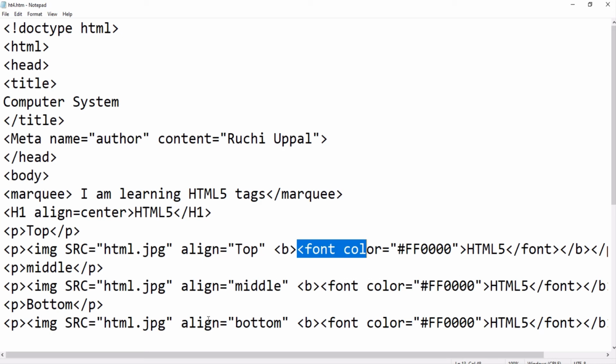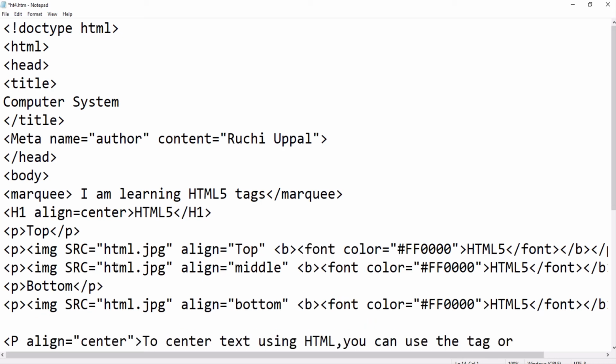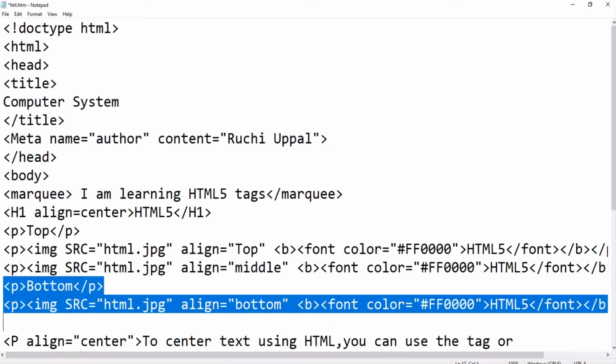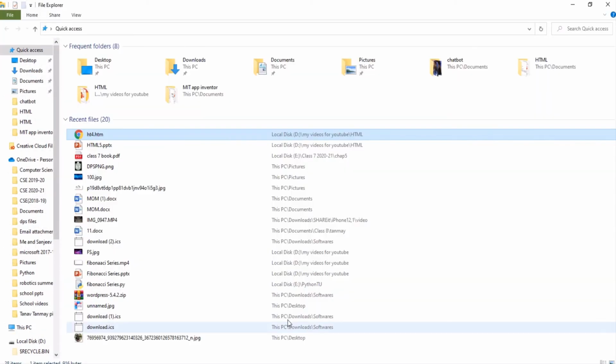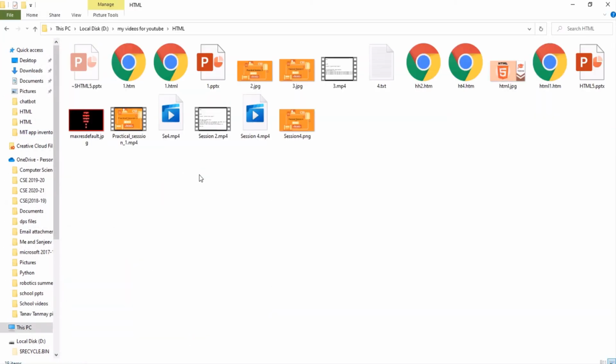So let's see, let me erase one of them. Okay, just suppose I'm taking this one and I'm deleting this one. Okay, fine, clear. So this is what I have, image screen. So here I have to write another image name. Let me check in my folder, is there any image, any other image?